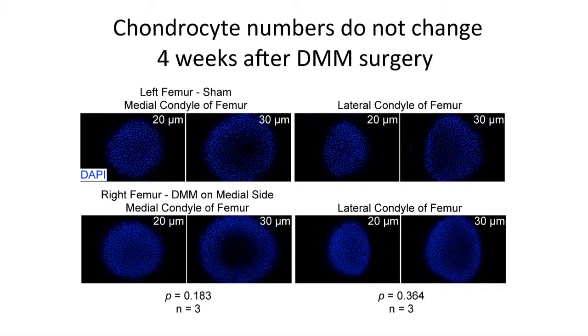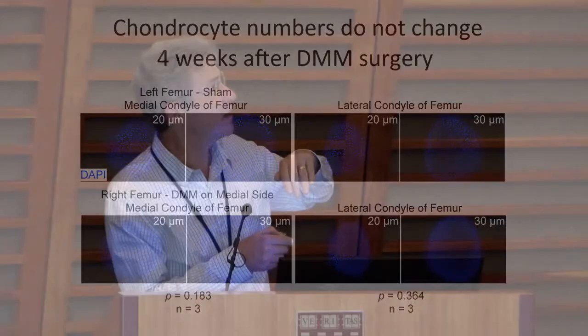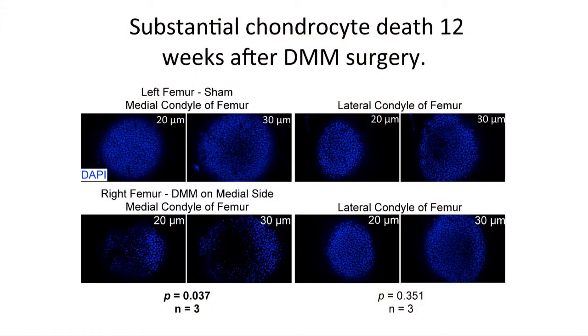So now what happens if you don't kill cells, but you just roughen the surface? And so these are now, again, images 20 microns below the surface of the medial condyle versus lateral condyle. The blue dots are nuclei. And a month after surgery, even though the surface is roughened, the number of chondrocytes is indistinguishable between the sham-operated and the operated animals. So roughening the surface in the short term does nothing to chondrocyte number, but by 3